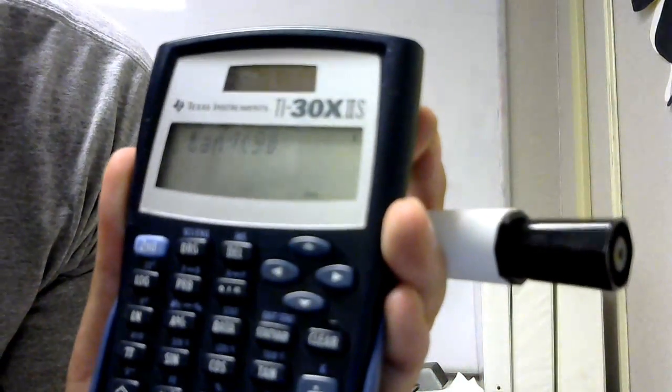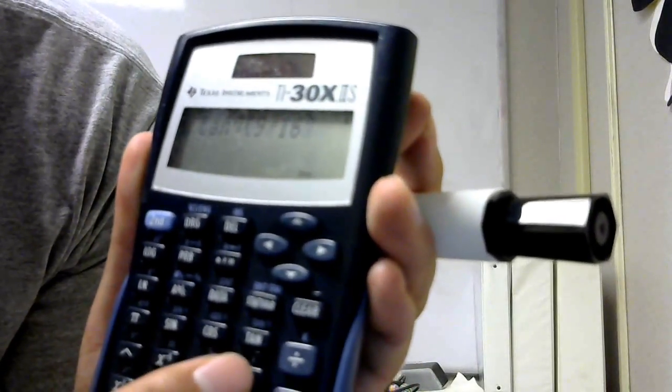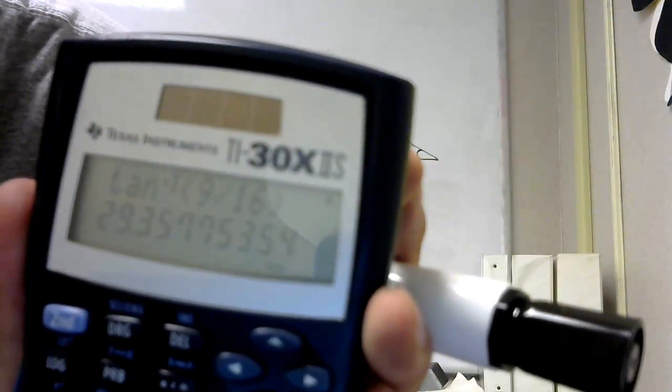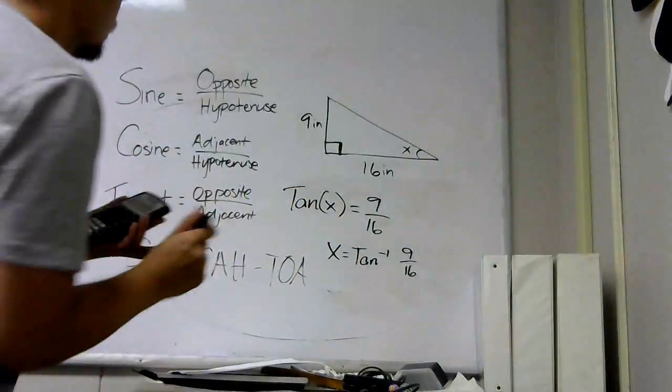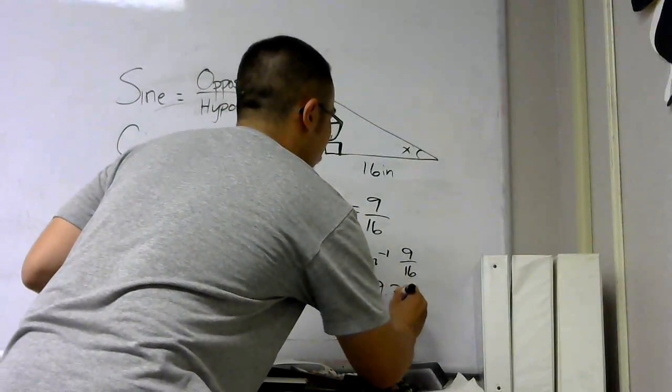So we're going to do 9 divided by 16. You can close brackets if you want. You don't have to close brackets. I like to do it though. You press enter, and so you get 29.36. So x is equal to 29.36